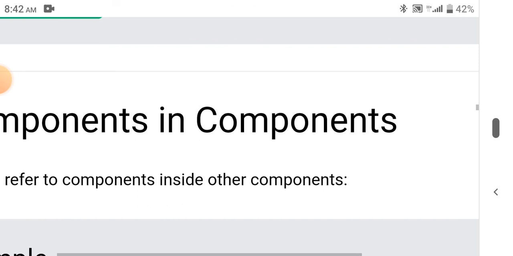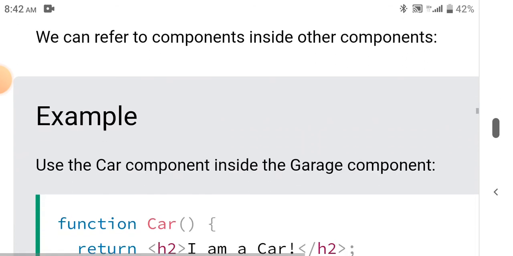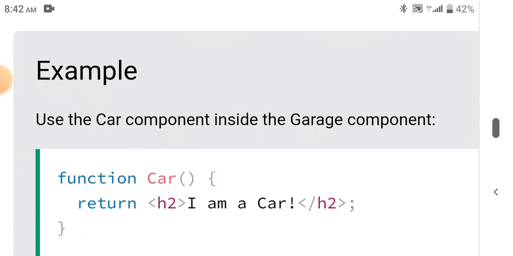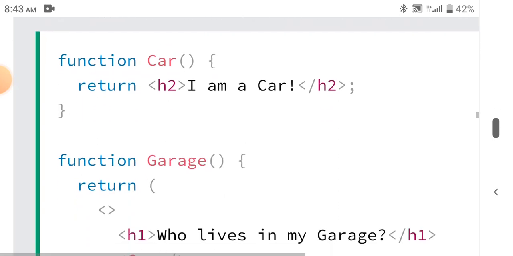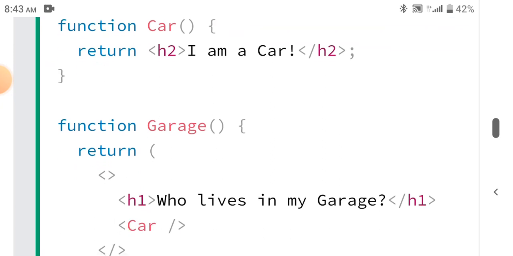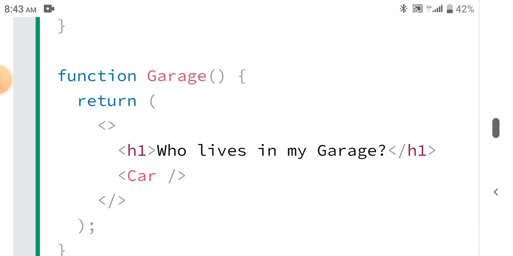Components in components. We can refer to components inside other components. Example, use the Car component inside the Garage component. Function Car, curly brackets, return h2: I am a Car, h2 tag closed. Function Garage, in curly brackets we have return, parentheses,